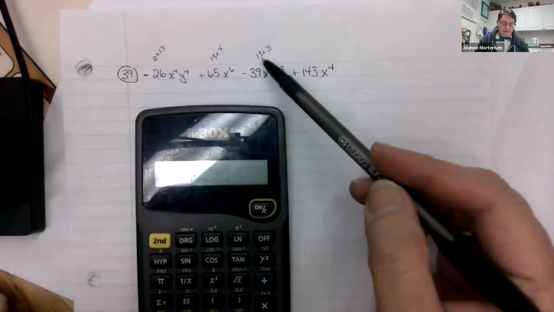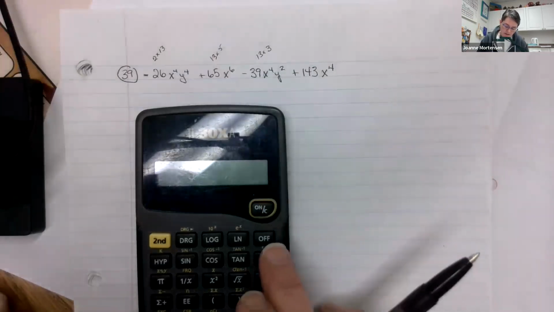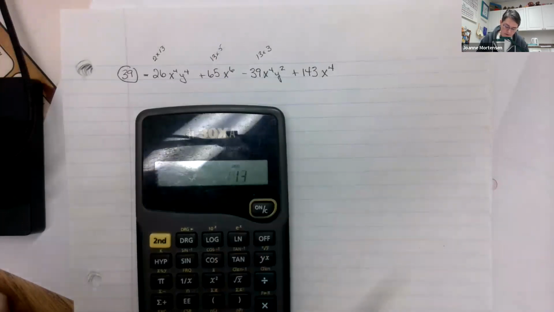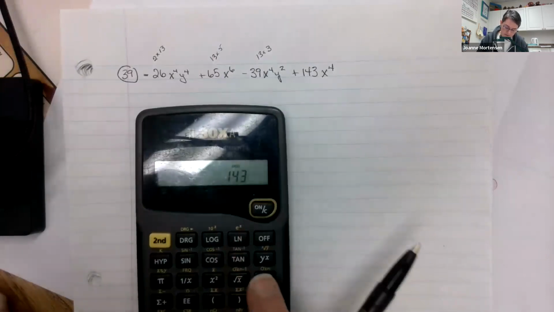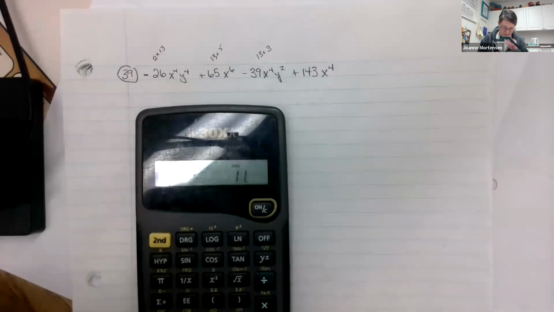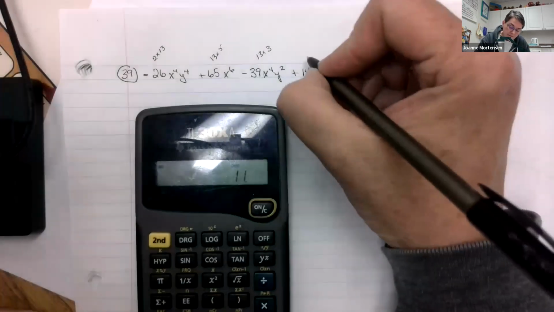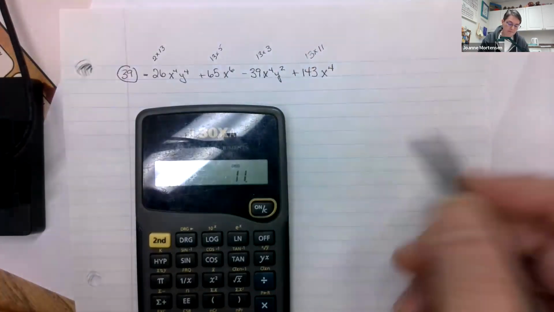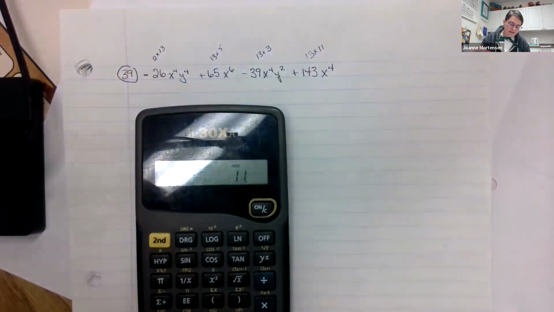I'm thinking 13 is looking like our magic number here. So let's just try 143. 143 divided by 13. Now it did something weird. 13 times 11. There we go. So I can see there is,